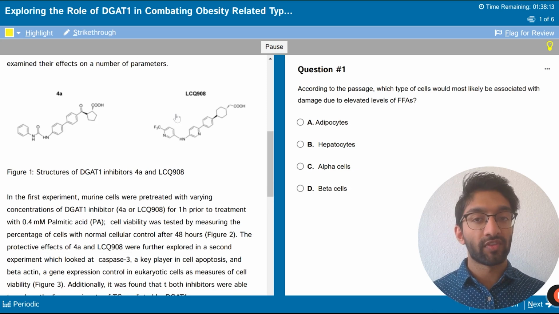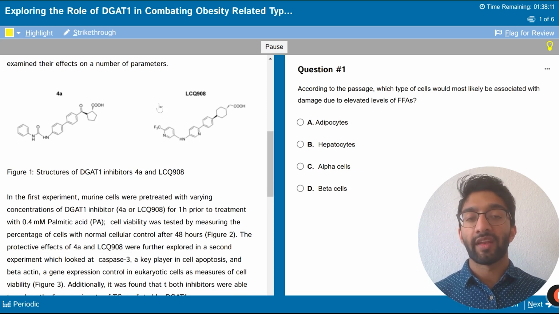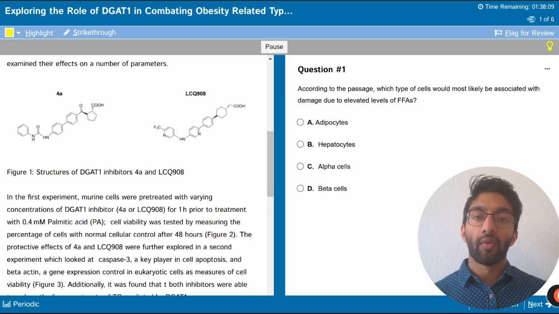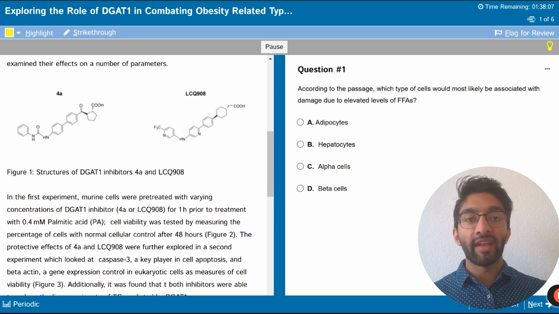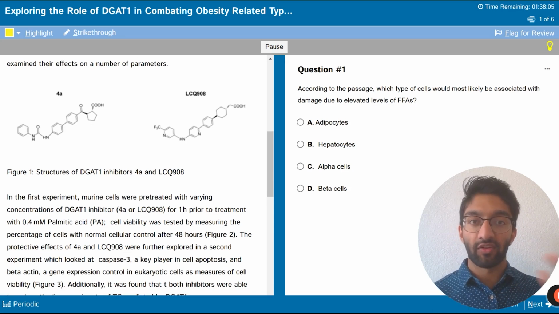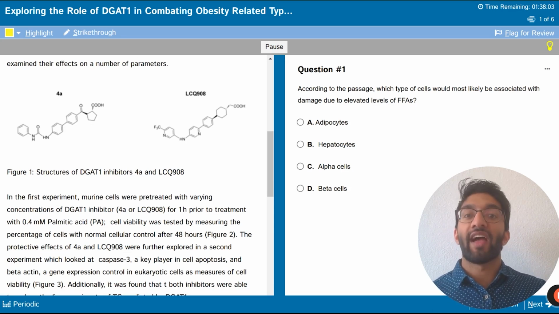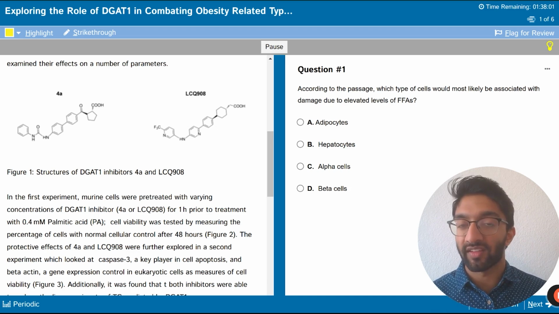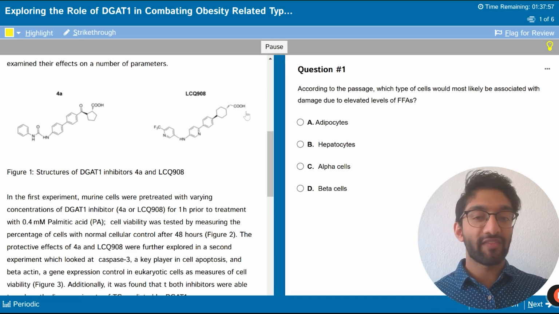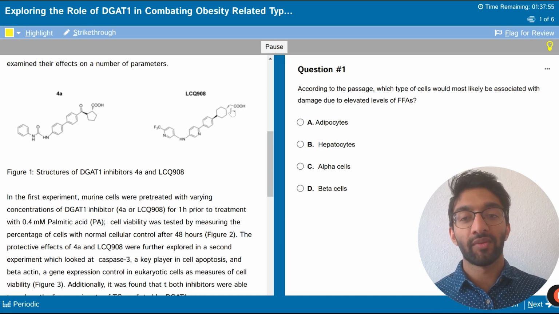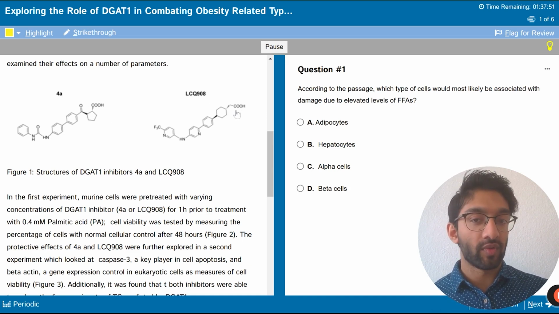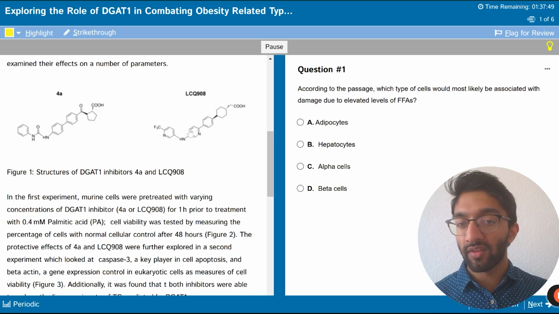So these are inhibitors, once again, that'll be inhibiting DGAT. And what we learned in the previous paragraph was that DGAT is mediating this sort of transition from fatty acid to triglyceride. So it's important for fatty acids. Fatty acids are the substrate, basically. And we notice here that these don't look like fatty acids, but they do have some interesting functional groups. For instance, the carboxylic acid, which we know is at the end of every fatty acid molecule, and then a sort of long hydrophobic part.